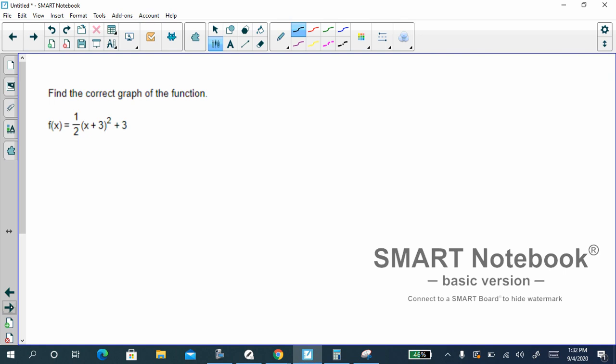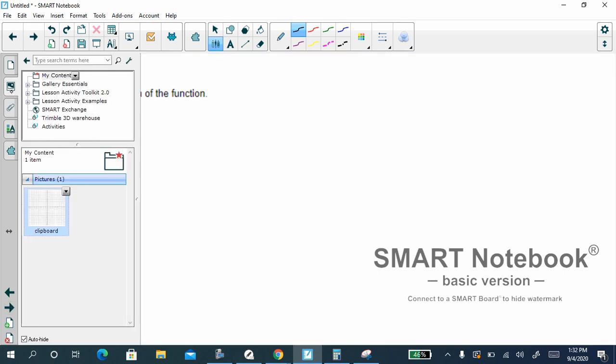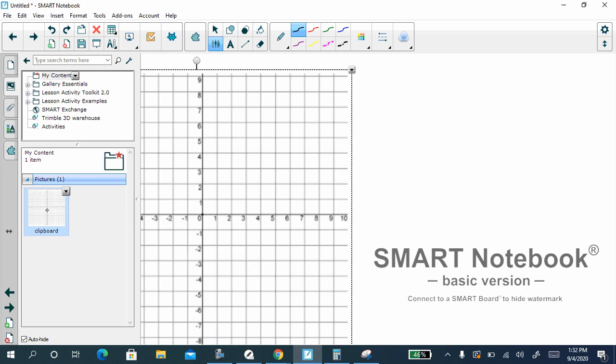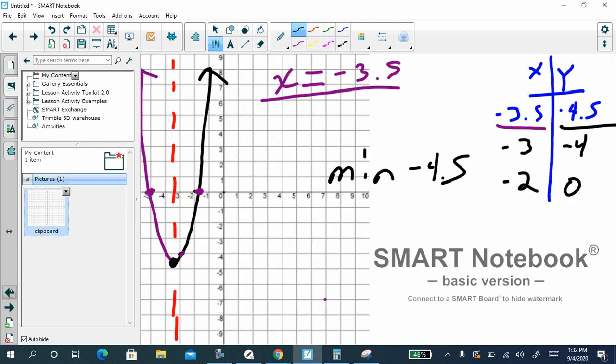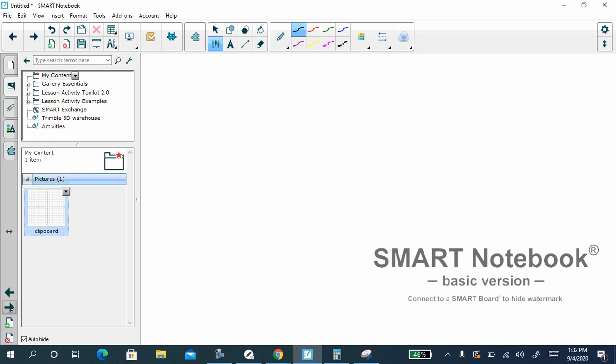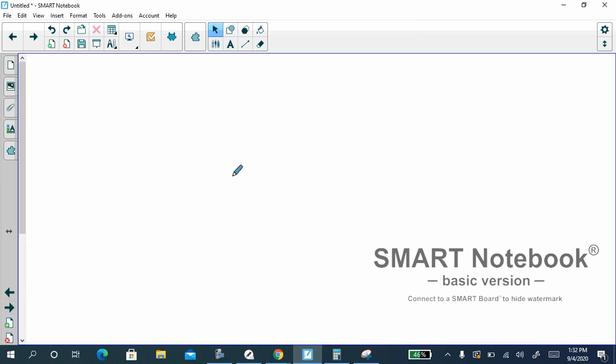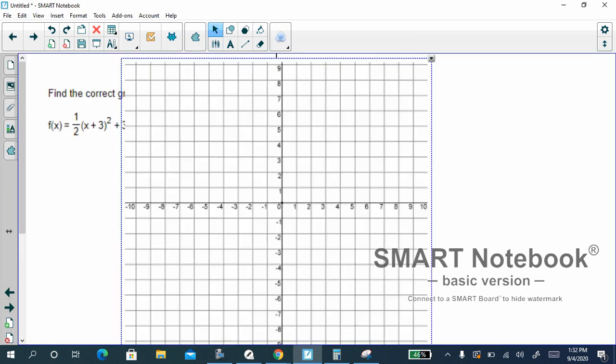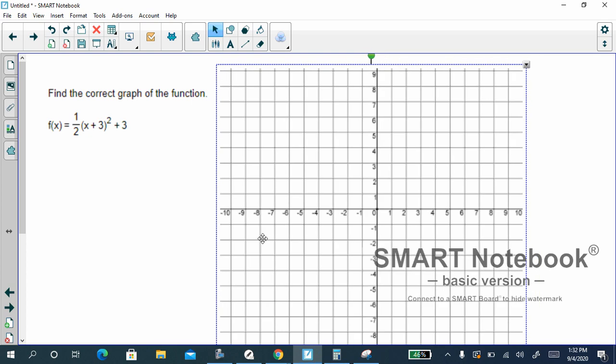All right, this one they want us to find the correct graph, but we will graph it by hand, and then you could match it. So when we're in this format,